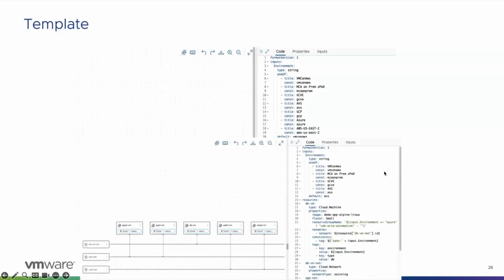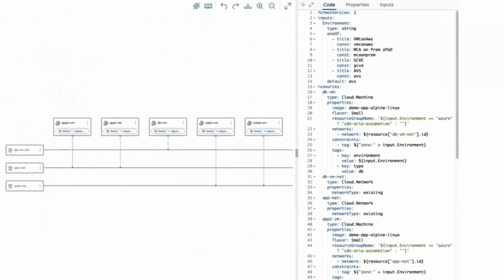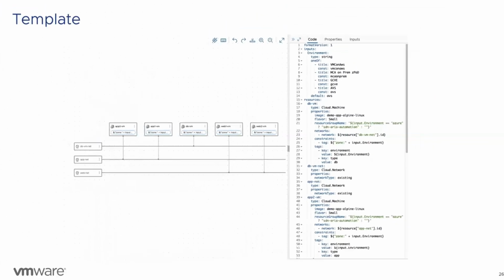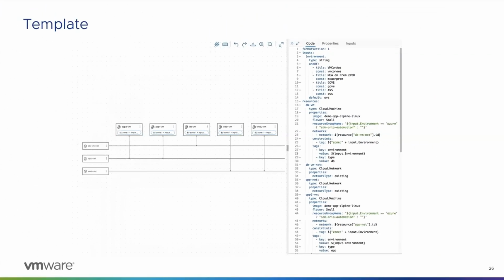Or a bit complex is multiple VMs. This is an application, so you see all the VMs, they have these tags mentioned where they should go to. And while defining the tags, we have the constraints and then the other tags that are there. So that's how the templates are defined. So here we had multiple environments, but we did not have a variety of storage or network.